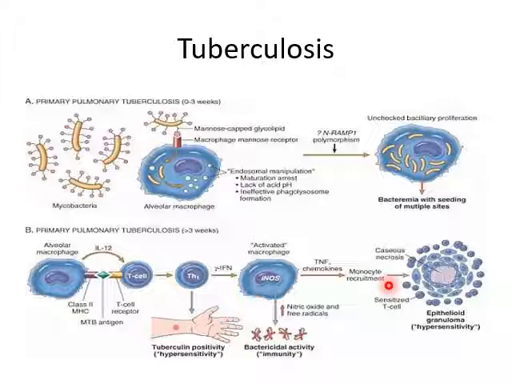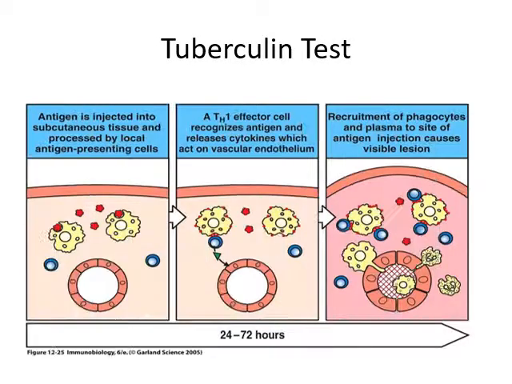So over here there are two types of hypersensitivity which happen in the course of tuberculosis. One is tuberculin and the second is granuloma. So first we discuss the tuberculin test. It is usually performed to identify latent tuberculous infection, in which Mycobacterium tuberculosis is present in the individual, but there are no clinical signs and symptoms present.